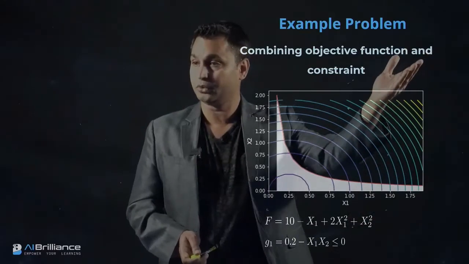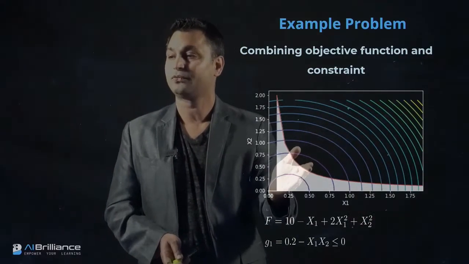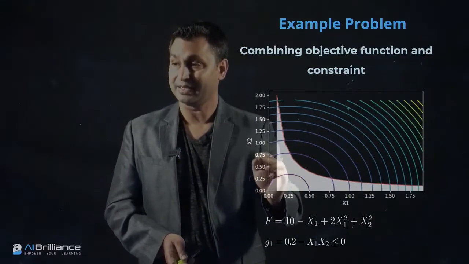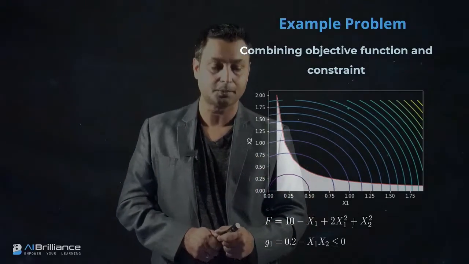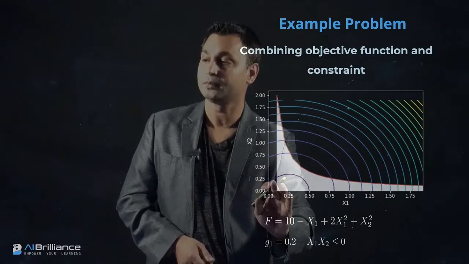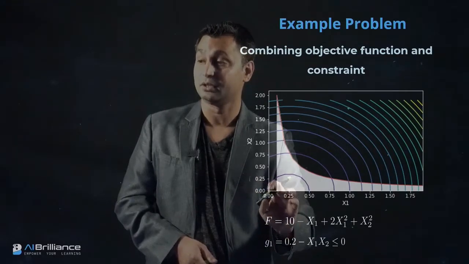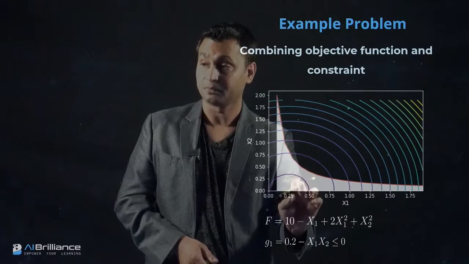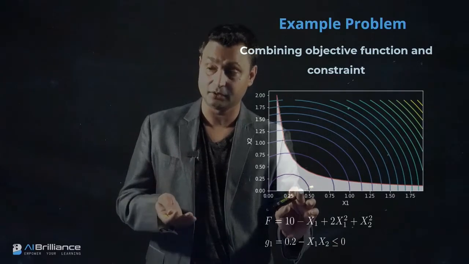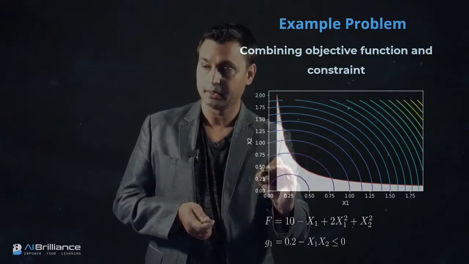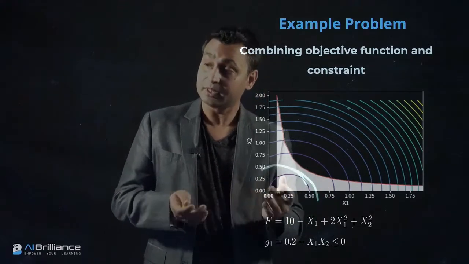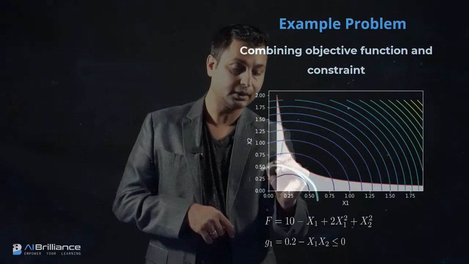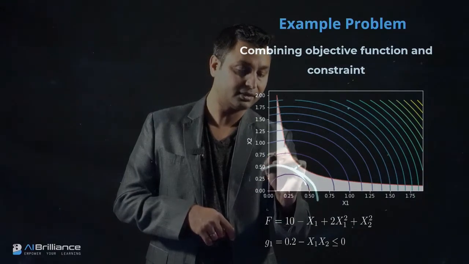As I said, the objective function value is increasing. So I showed you we keep coming in this direction and we find a contour which has the same shape, but it just touches this. The other way to think about it is that we can go from the infeasible region. I know that this contour has a lower function value, but it completely lies in the infeasible region. So I can draw another contour right here, which is still in the infeasible region.